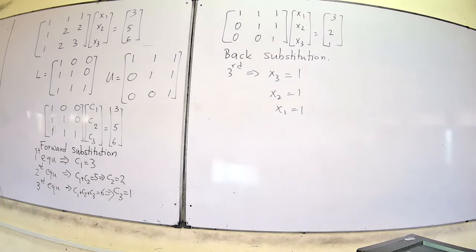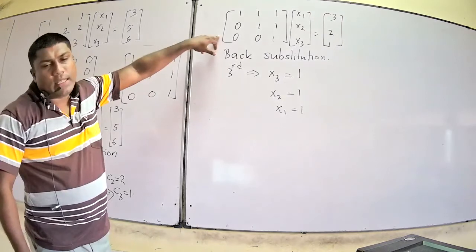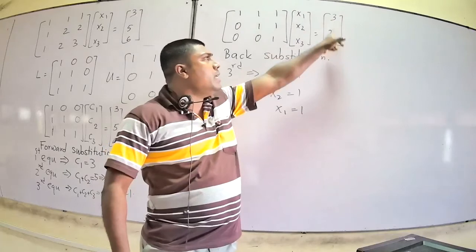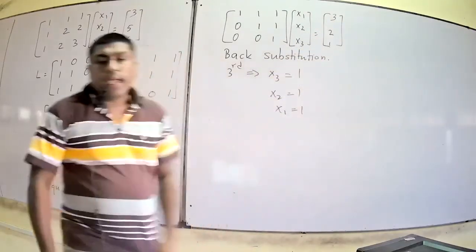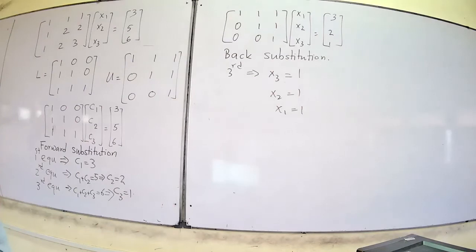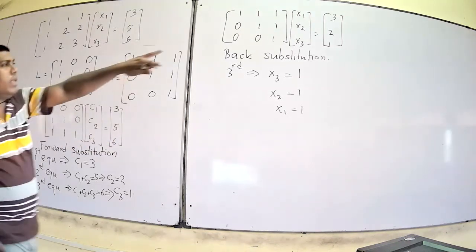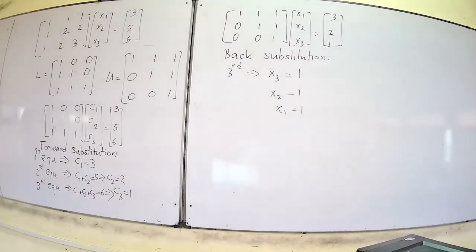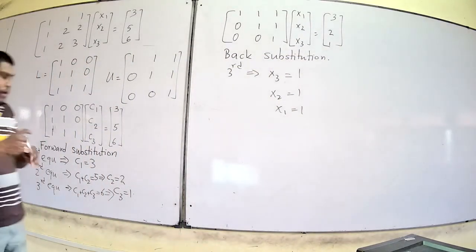So here the difference is this. When you only do Gaussian elimination, you end up with this system by doing these eliminations, so you are doing eliminations in the matrix and in the right hand side vector as well. But when you go for LU factorization, you get to this without doing the elimination, by just solving the matrix system. So that is the difference. I will write that as a remark.